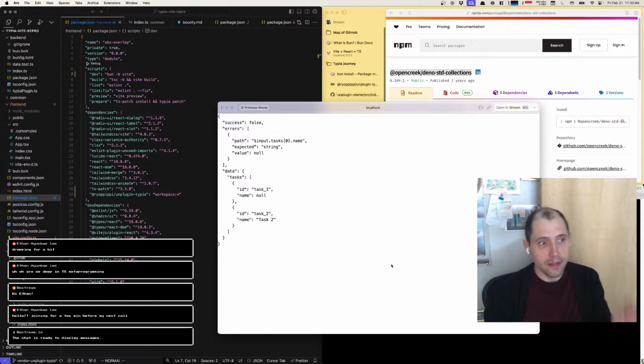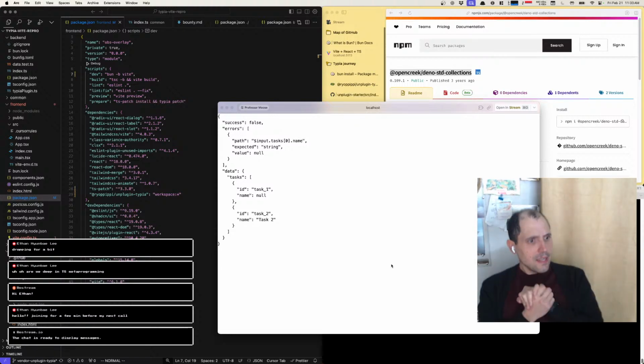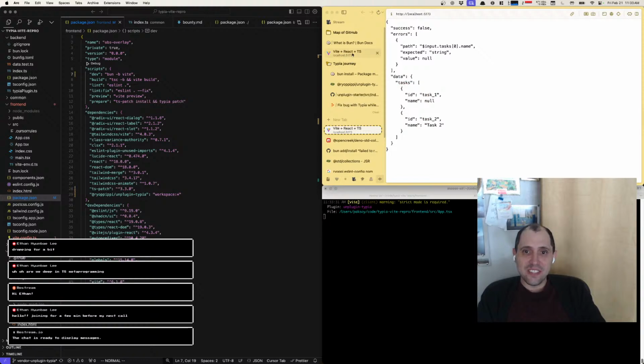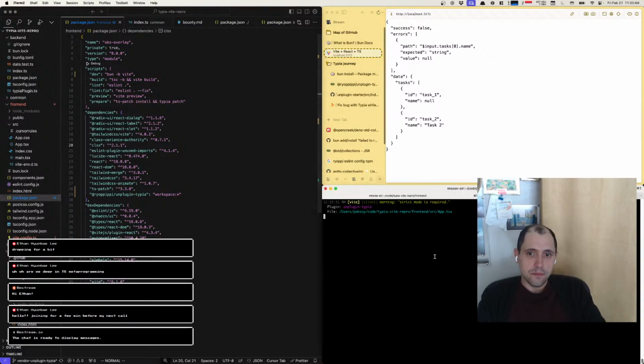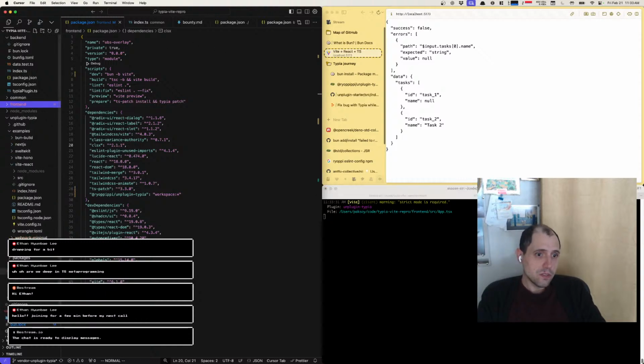Cool. But I still get there. Nice! That feel when you finally reproduce the error in an environment where you can add a console log statement. Okay, cool. Now let's go to not examples, but